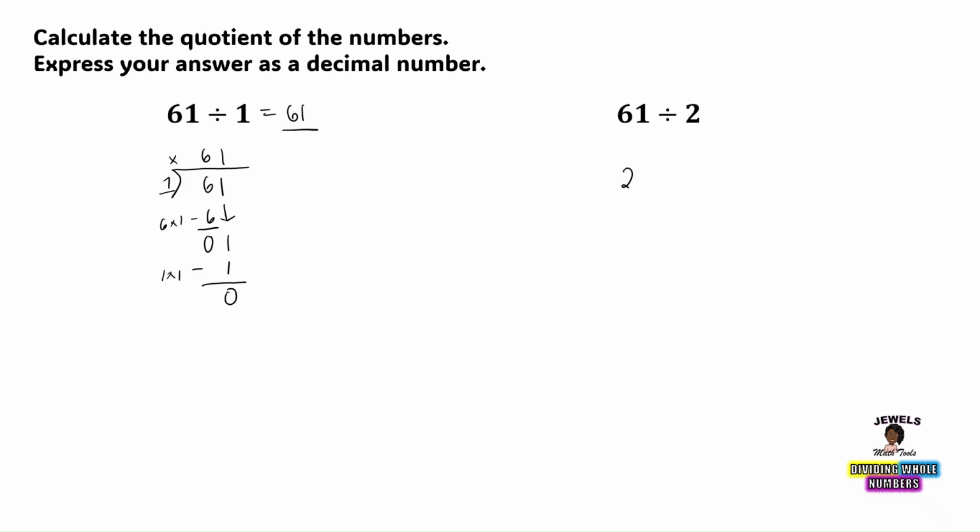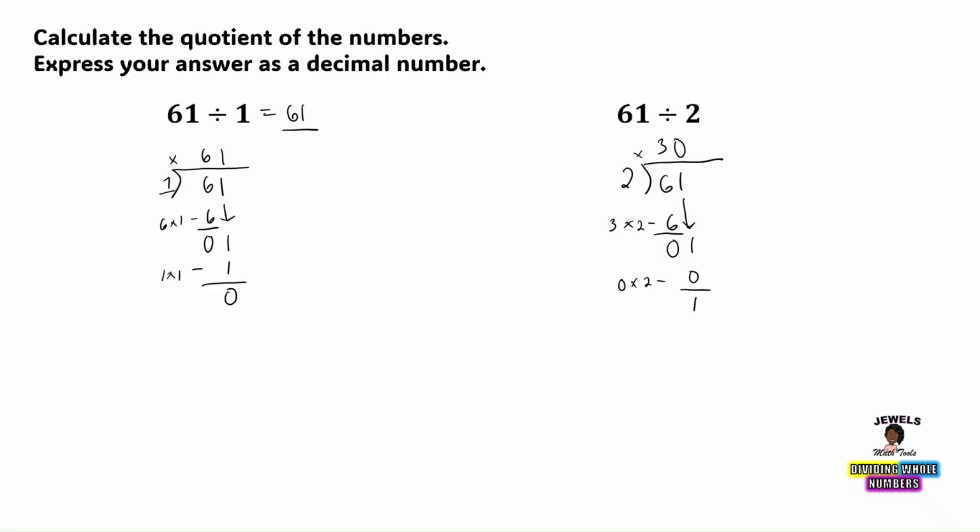Let's begin our second example. So we're dividing 2 into 61. 2 divides into 6 3 times. When 3 is multiplied by 2, we get the product of 6, and 6 minus 6 gives us the difference of 0. We're going to bring down our 1. 2 can't divide into 1 since 1 is smaller than 2, so that will equal 0. And when 0 is multiplied by 2, we get the product of 0, and 1 minus 0 gives us the